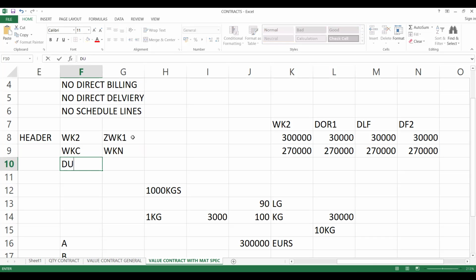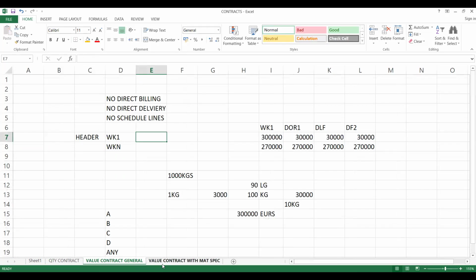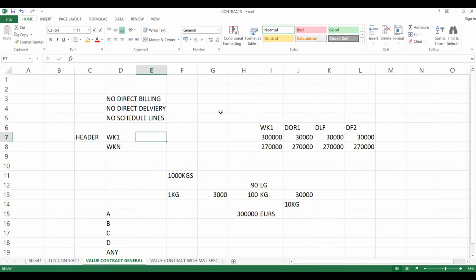You will have a dummy material. You can take any material you want. Okay, one, let me put it standard. Dummy material. How many materials you want? You can here only take whatever materials you entered at the time of creating the contract. Again, it is the value. That's it. This is all about your value contract and general contract. And when it comes to quantity contract also,